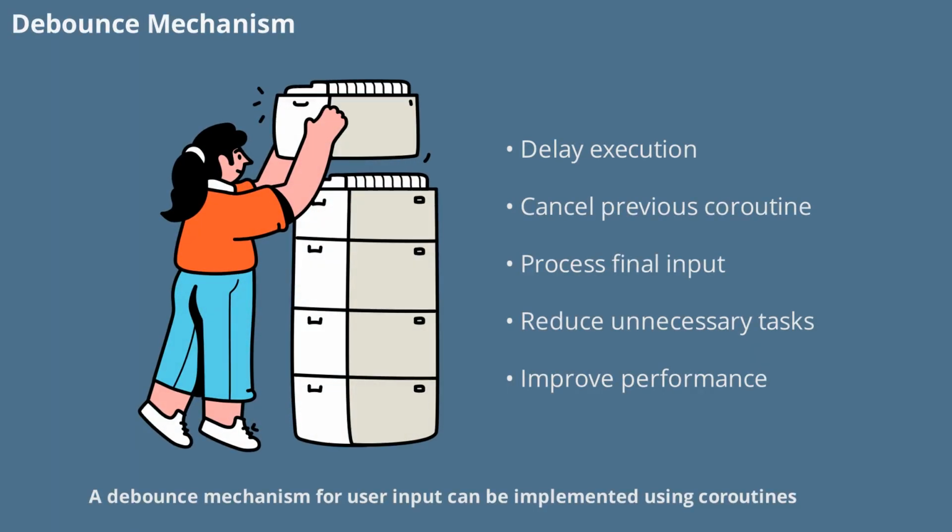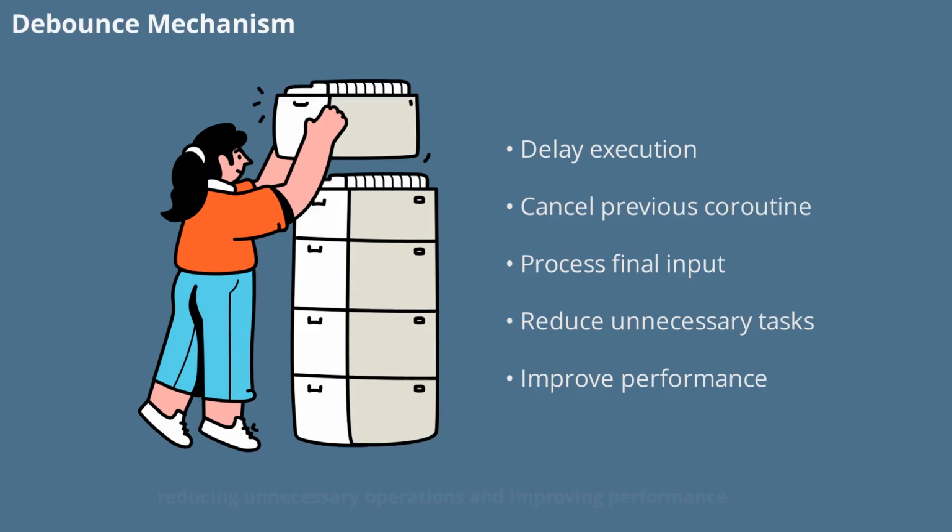A debounce mechanism for user input can be implemented using coroutines. By launching a coroutine that delays execution for a specified debounce time, you can cancel the previous coroutine if new input arrives before the delay completes. This ensures only the final input is processed, reducing unnecessary operations and improving performance in scenarios like search or form